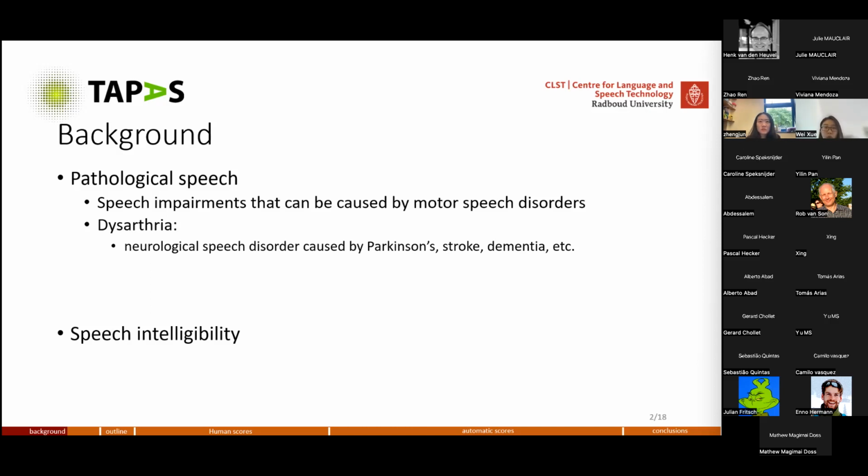And furthermore, dysarthria can result in abnormalities in breathing, phonatory, resonator, articulator, or prosodic aspects. And these aspects are relevant for producing speech, and therefore the abnormalities in them can result in the impaired speech. And patients with dysarthria normally suffer from